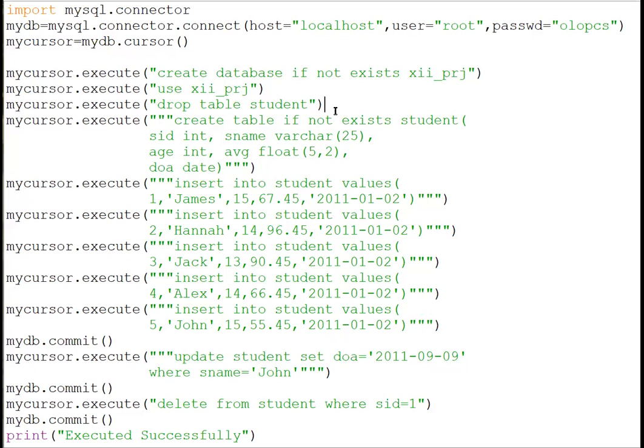Yes, good morning. Last time we did a little bit of introduction to the connectivity part, where we discussed how we can insert a value, how we can delete, and how we can update. Fine. Today we will discuss one more thing: how we can display the information, because ultimately we are continuously going to the MySQL database and checking how to display. So now, after this deletion, we are going to discuss how to display.